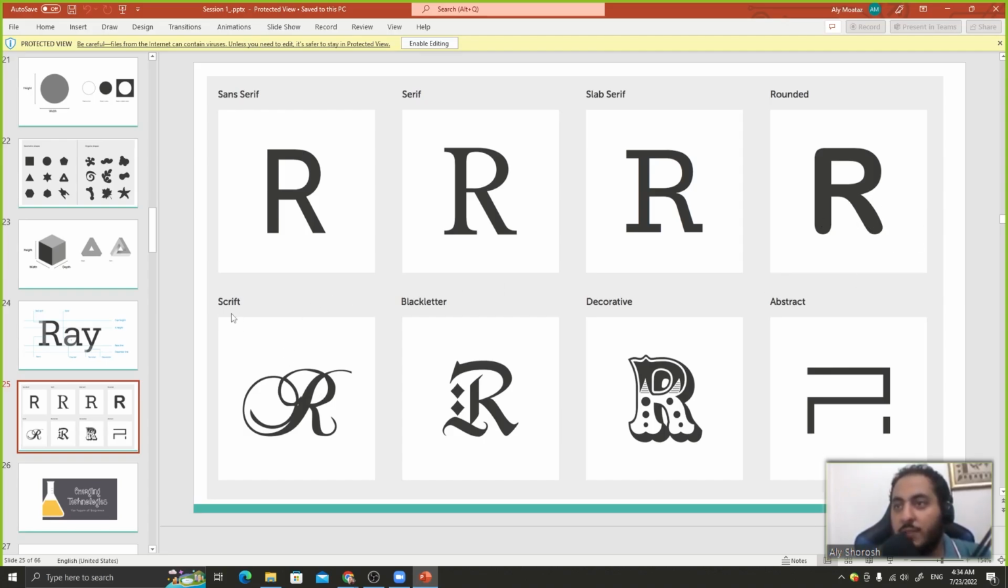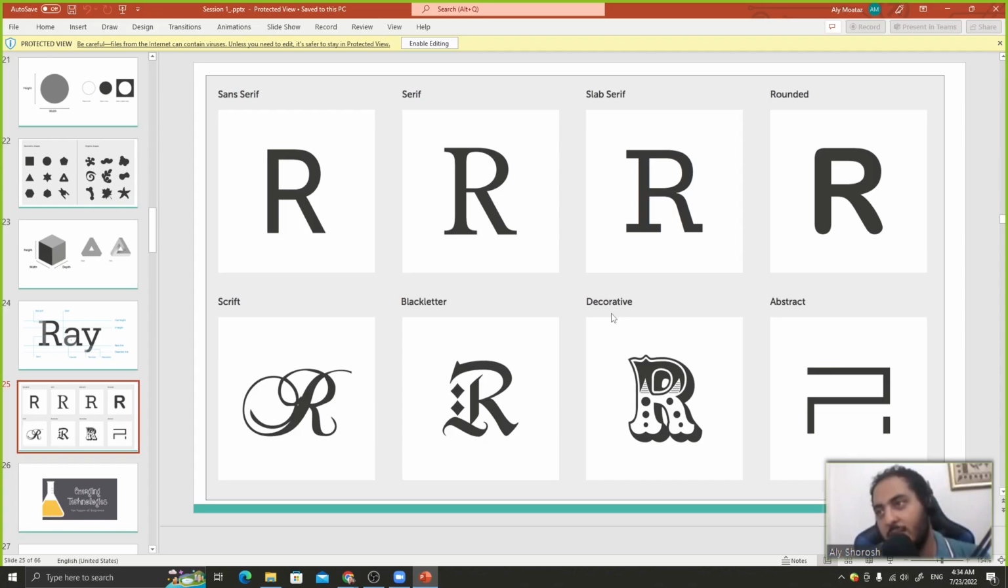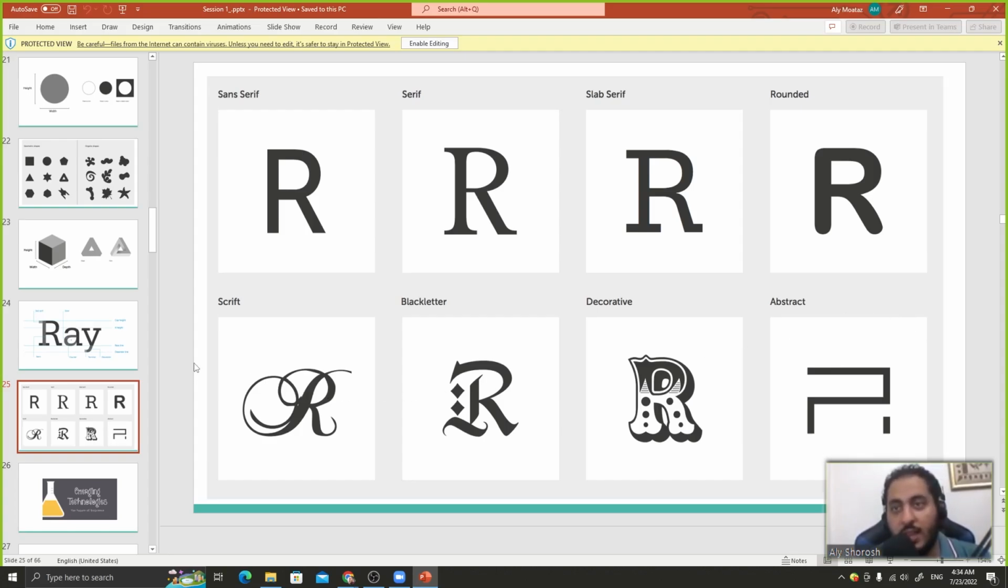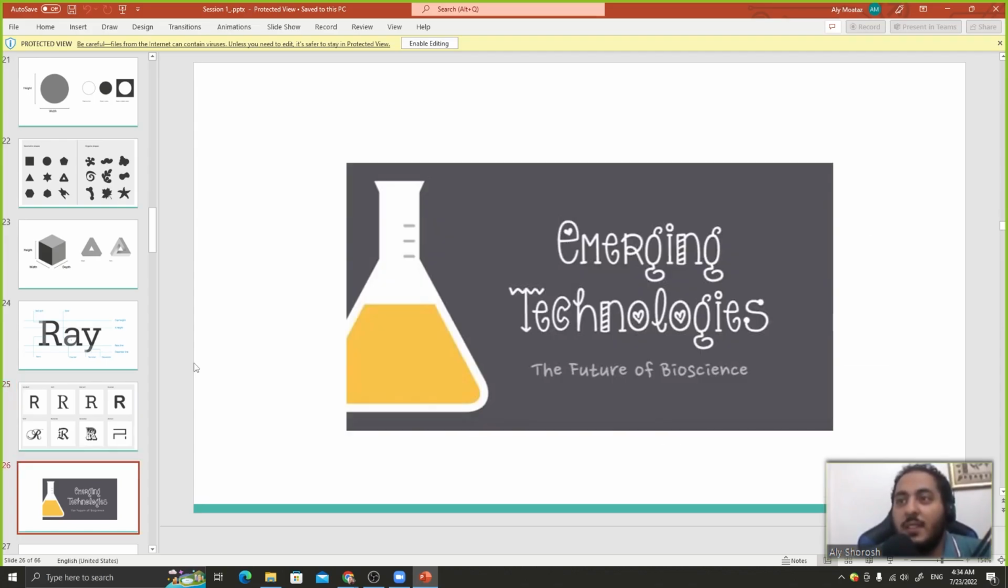There are also script and black letter, which feel vintage or historical. You can see decorative, and it's not used a lot except in some specific designs. And you can see abstract, which may also be used as a logo. Fonts must be chosen wisely, not dropping fonts all the time. So fonts in a design like this,